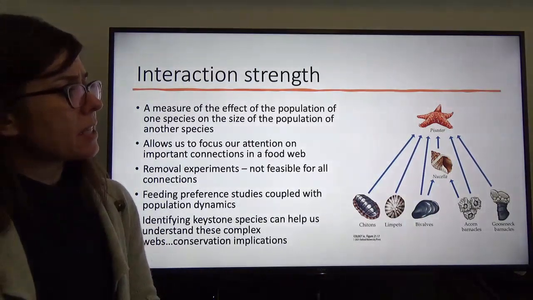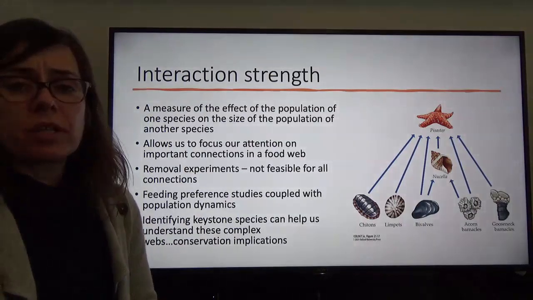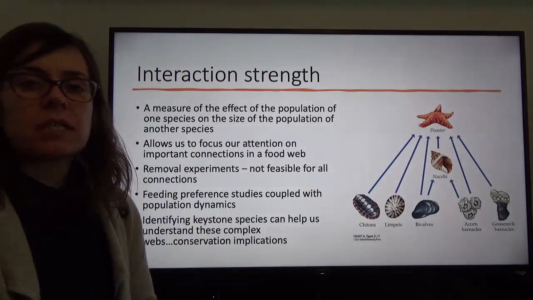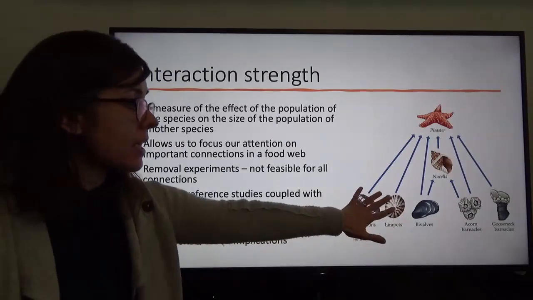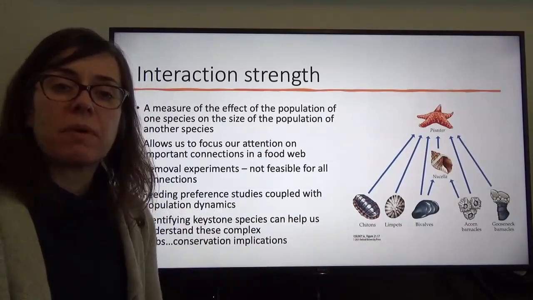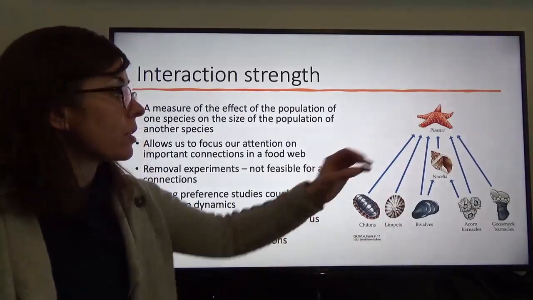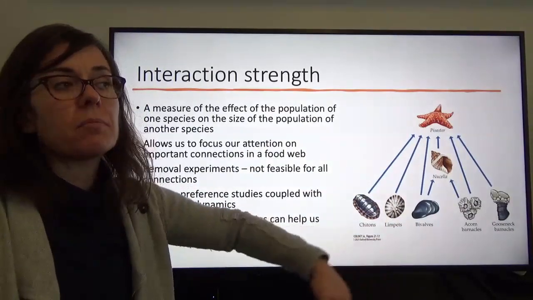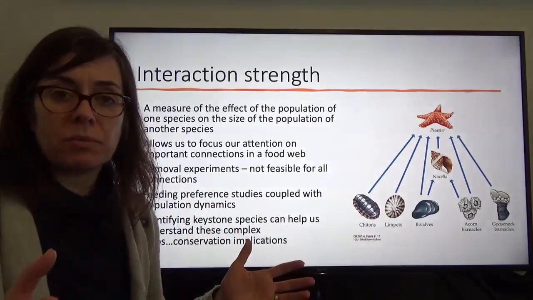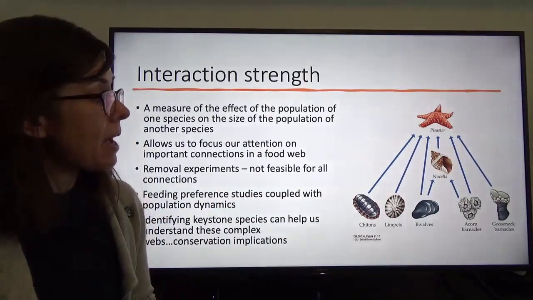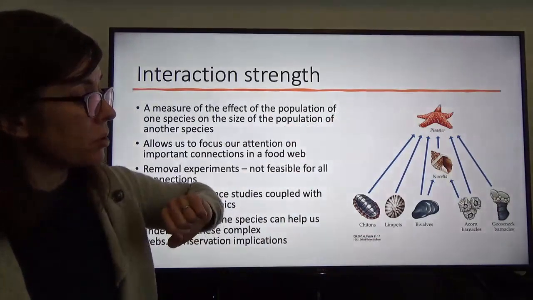He hypothesized that these starfish were playing a pretty important role in controlling the populations of certain invertebrates. So he hypothesized that at least one or more of the invertebrates was a better competitor than the others. When the predation pressure from the starfish was removed, those competitive dynamics were able to play out more clearly. And so indeed, what happened was when starfish were removed,